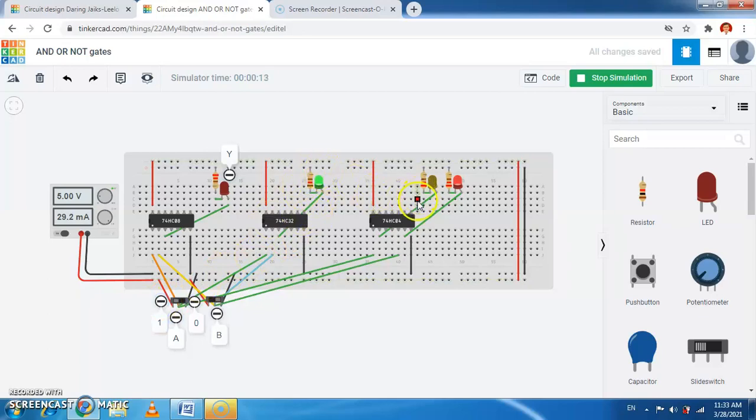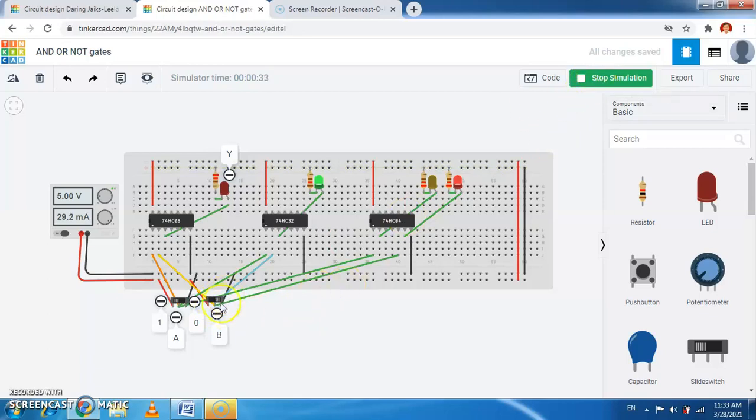Now for the XOR, this is the NOT gate here. So this input is low, it is 0. So therefore the output is high here. This input is high, therefore the output is low here. And for this NOT gate here, the input is low. See, it is connected to the low on this side here. So the output is high.